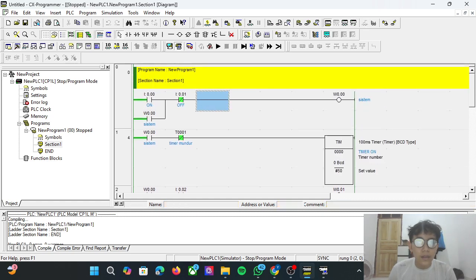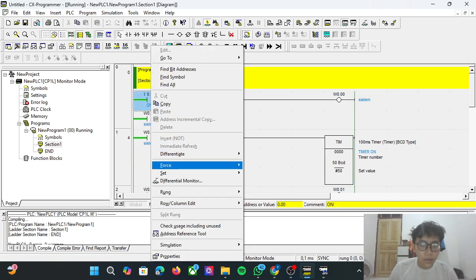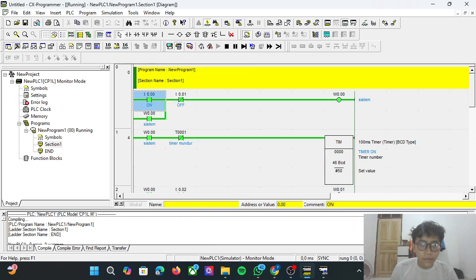We can simulate this run. If we set this to on, it will go to W0.00 and W0.00 continues to this T0001 with a timer backward.